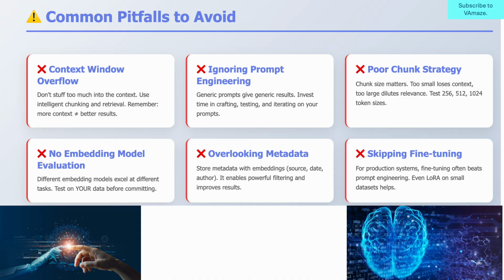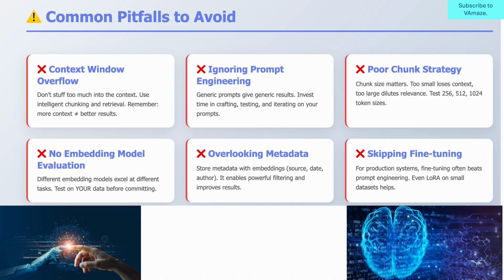Fourth, no embedding model evaluation. Different embedding models excel at different tasks. What works for one application might fail for another. Test on your data before committing. Fifth, overlooking metadata. Store metadata with your embeddings. Source, date, author, type. This enables powerful filtering and dramatically improves results. Learn from others' mistakes. These pitfalls are